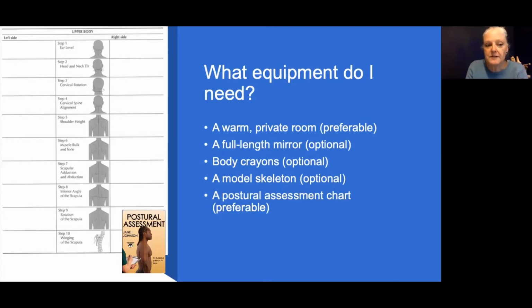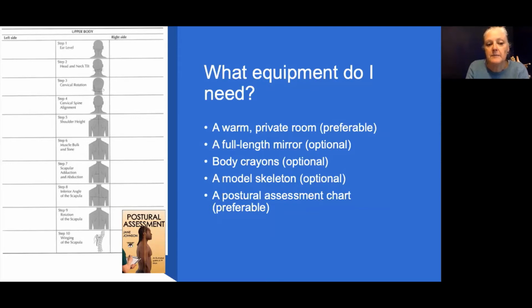Now the one on the left, that's just one part of a much longer chart. That happens to be from my book. There's a little picture of it there. So if you've got my book, the postural assessment book at the bottom, the chart's right at the back. I wrote that book years and years ago. It's 10 years old now, a step-by-step assessment,